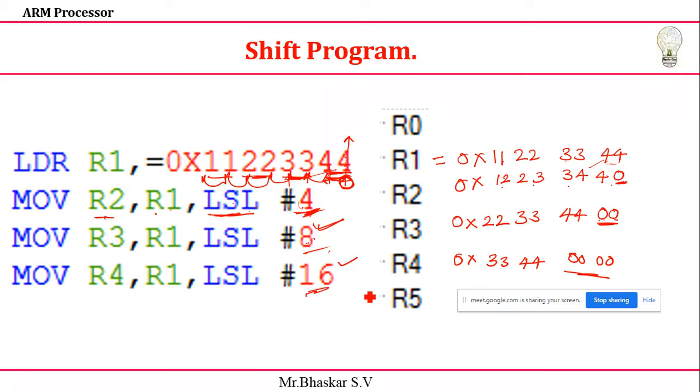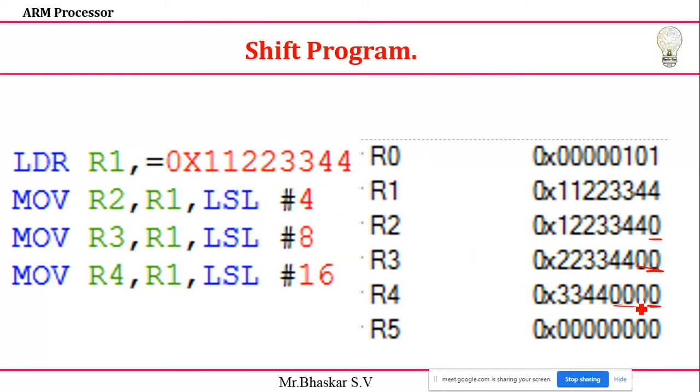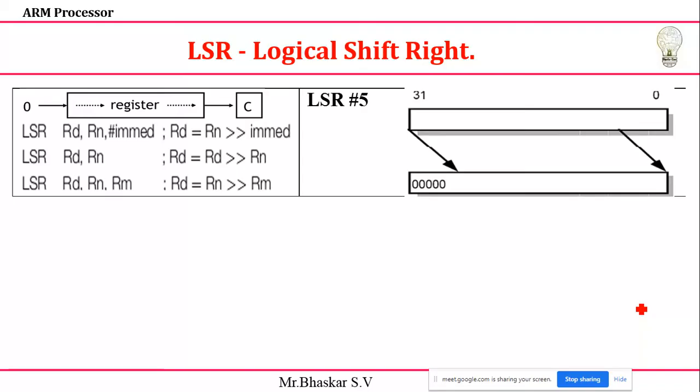Okay, is this instruction clear? These are the required values. Now, this is my LSL instruction. Now I'll go for the next instruction. In the previous case we were doing left side shifting. Now I want to shift the data to the right side. So LSR. You can write down LSR is nothing but logical shift right. Right side I need to shift.